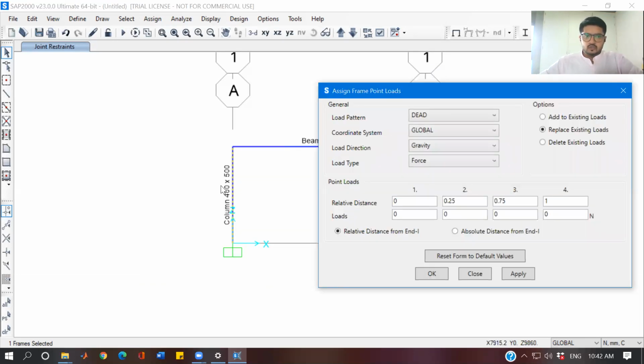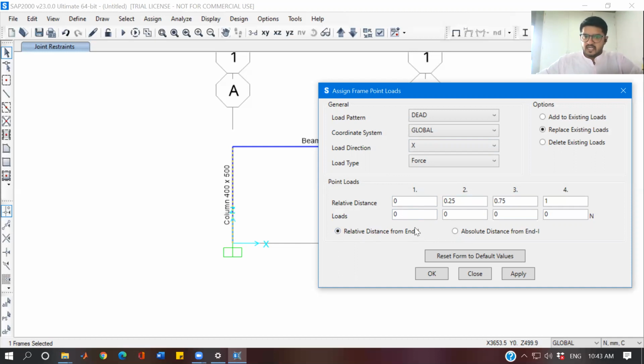Now, also simultaneously look at this figure. Now, I want to apply a horizontal load which is acting towards right and which is acting at the center. So first thing I need to do is make sure that this is dead. Then I need to make sure that this is global, and the direction of load has to be along X direction. X direction, if you see my cursor here, X is the horizontal direction which is going towards right. So if I select X here, that means whatever load I give, that will be along this X axis. Okay, where I want to give it, I want to give that load at the center of my column.